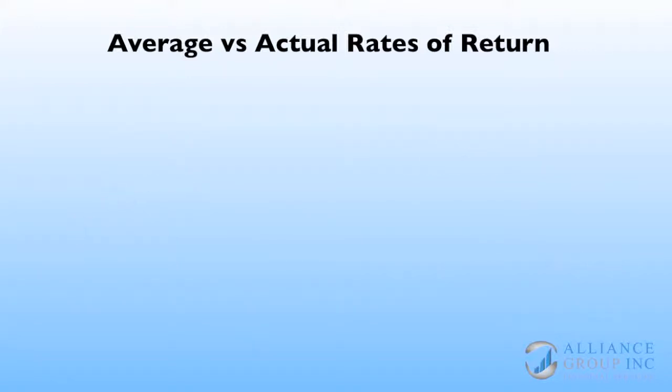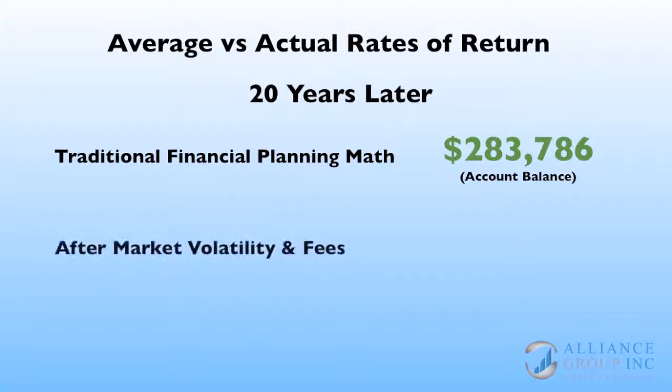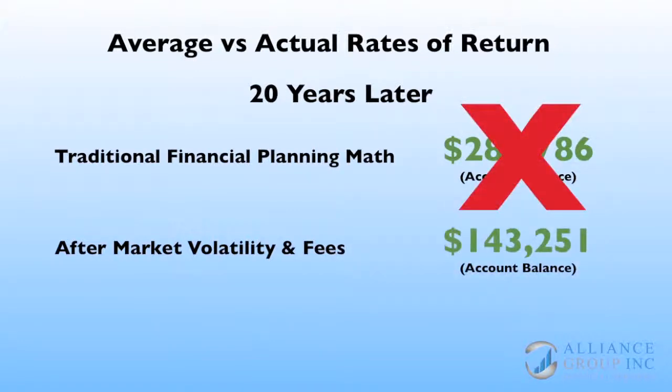$143,251. Using traditional financial planning math calculations, we would have expected to have $283,786 in our retirement account at the end of 20 years. Instead, after factoring in market volatility and management fees, we're left with a retirement account that has only $143,251, less than half of our original projection. And to add insult to injury, we haven't even talked about the taxes you still have to pay on the